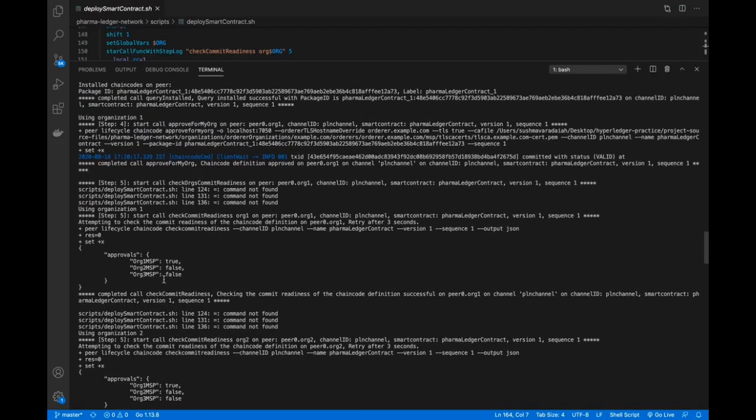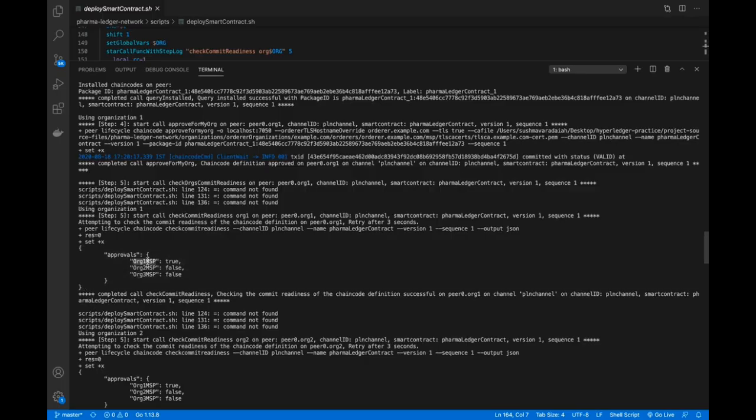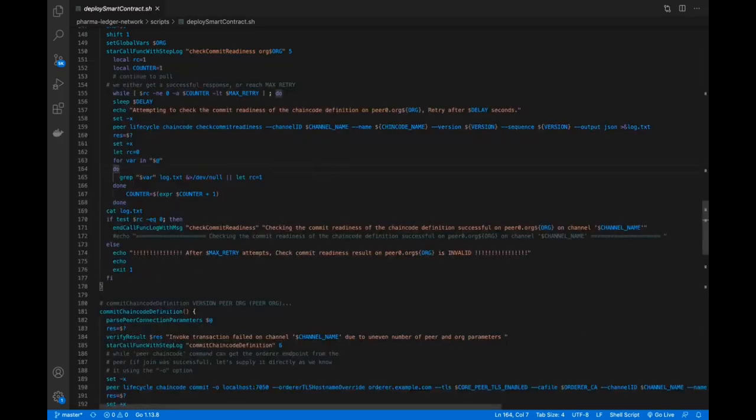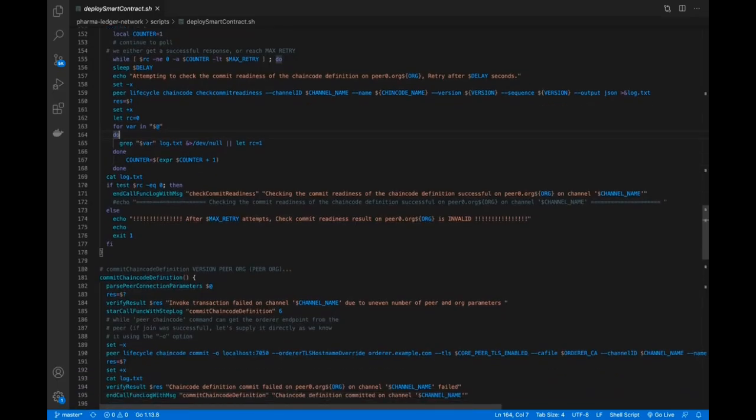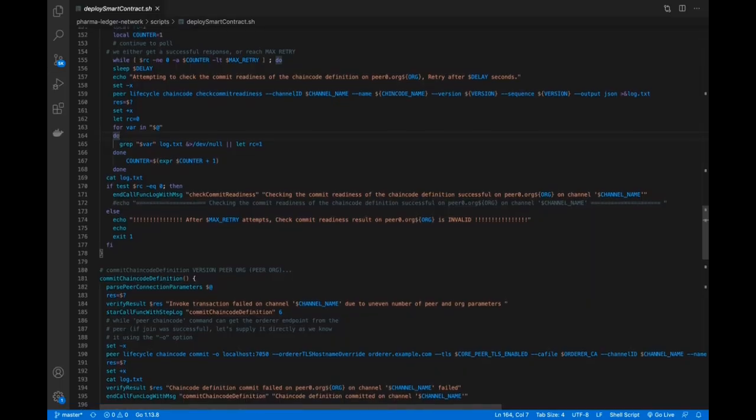So as you can see here, this is where we are during the first iteration. For arg1 MSP it is true, and we have not got approval from arg2 MSP and arg3 MSP, so that's why it is false. Now going back, the endorsement policy requires at least a majority of the organizations to endorse a transaction before it can commit to the chain code. So that's why we need to continue running the chain code